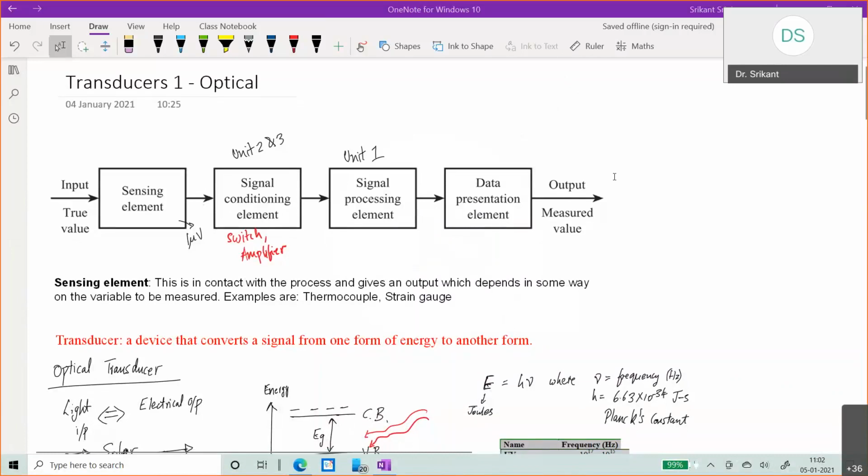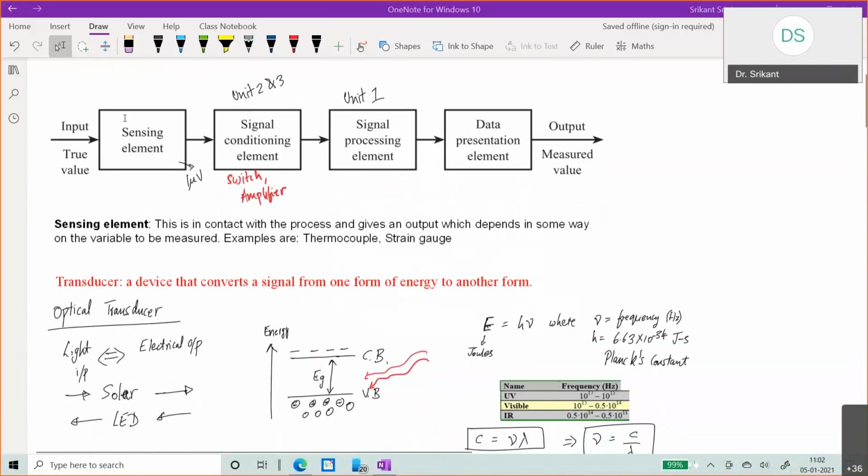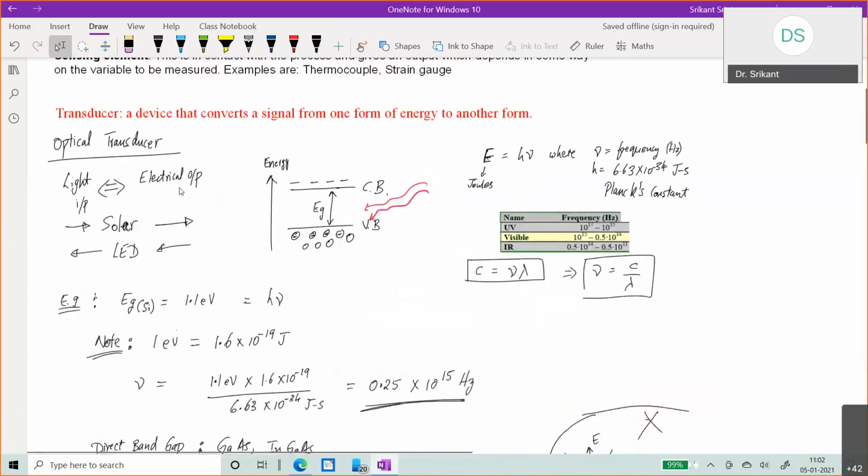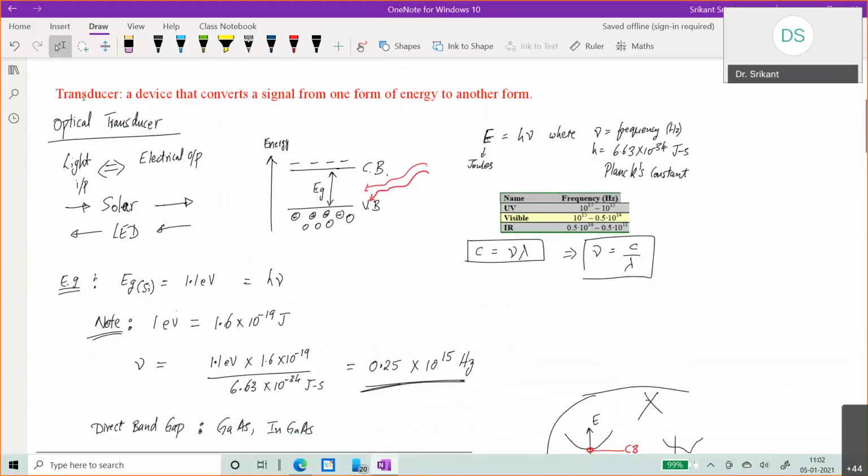We talked about transducers as the basic sensing elements, which will convert energy from some form to electrical energy, and it can do vice versa as well. So we said that when we are dealing with semiconductors, it's easy to understand the case of optical transducers because we have already talked about the carrier mechanisms inside a semiconductor. And now it's easy to see that if I'm going to incident some light on the semiconductor, then I can